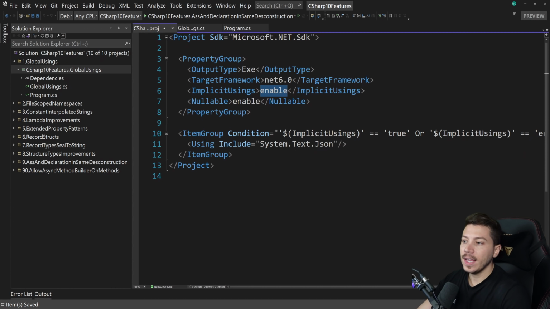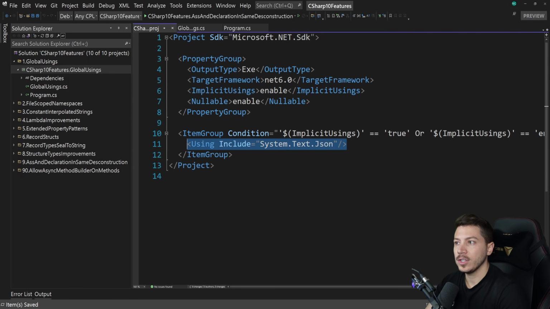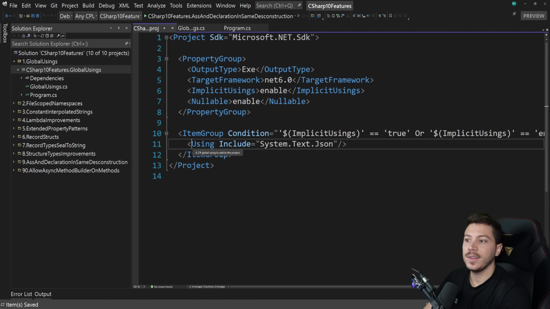But the idea is that now you have this here, and then there's a source generator behind the scenes which will take that and generate a file for you that has this global using statement for your code to use. This is exactly what's happening here. I think it's a cool feature, but I can also see how it can cause confusion, especially if things are in the CS proj and you don't exactly know where they're coming from. If you're just jumping from C# 9 to C# 10, it's not really explicit. So you'd have to look in here to be like, oh, yes, that's where this thing is being imported from. But overall, I think it's useful.